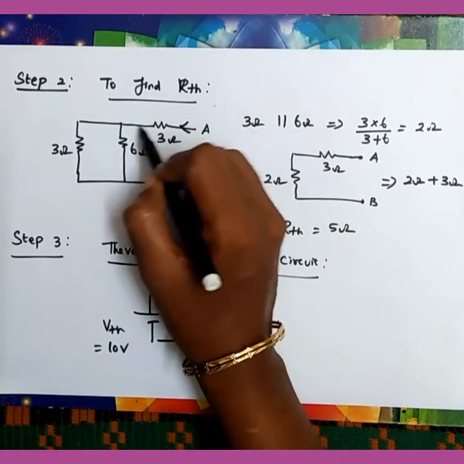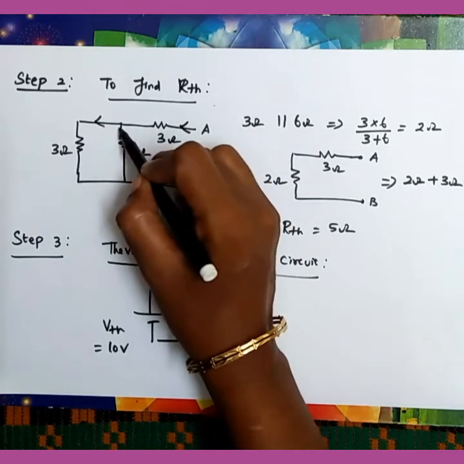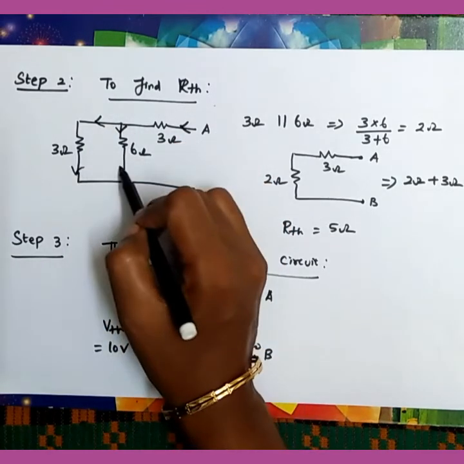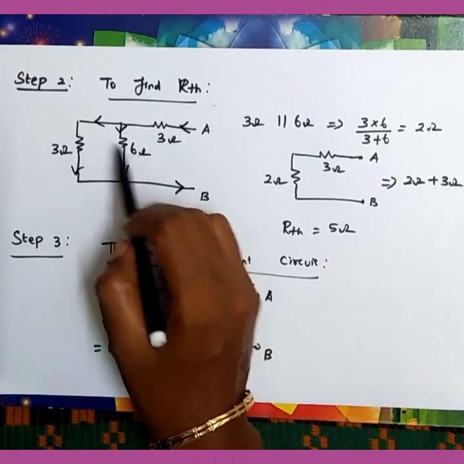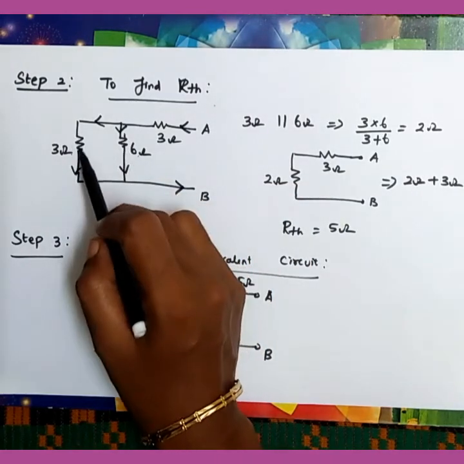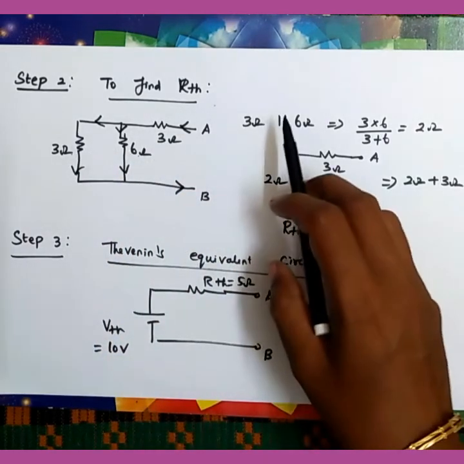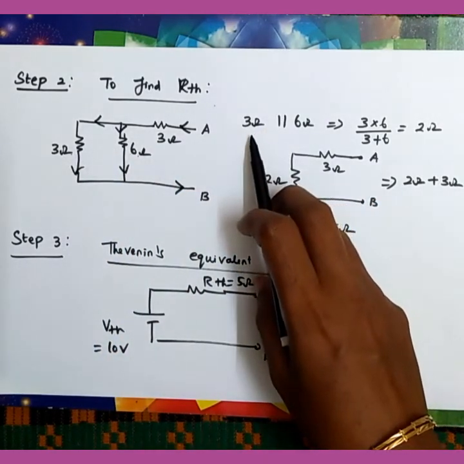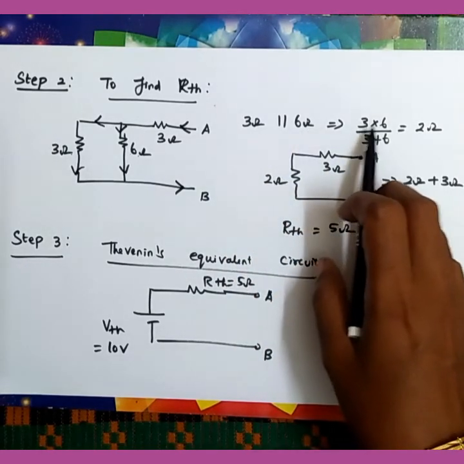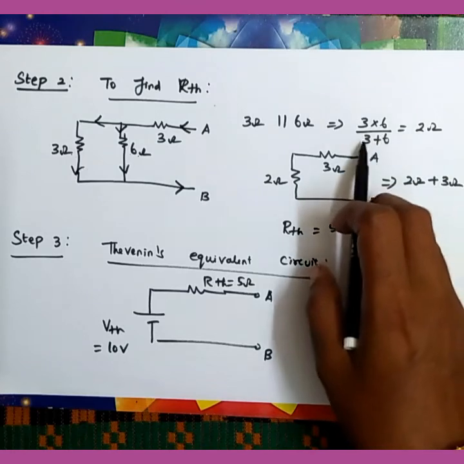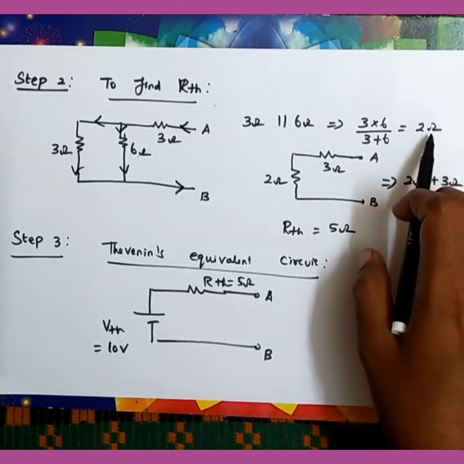If you are going to reach B, the current that is coming out of the 3 ohm resistor has two parallel paths. So the 3 ohm resistor, then it reaches B. Now 3 and 6 ohm are parallel. Why? Because both the ends are connected together, so these two resistors are in parallel. If two resistors are in parallel, the equivalent value is the product of the two resistors divided by the sum of the two resistance values. So if you simplify, you will get a 2 ohm resistor.